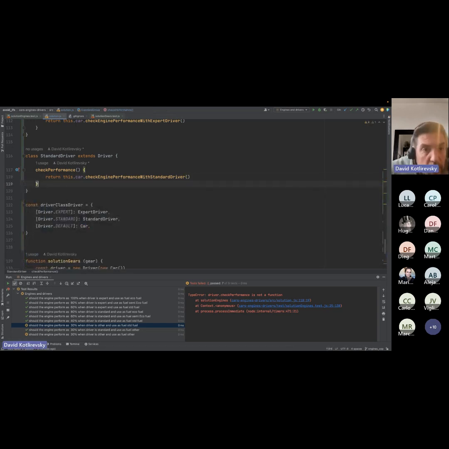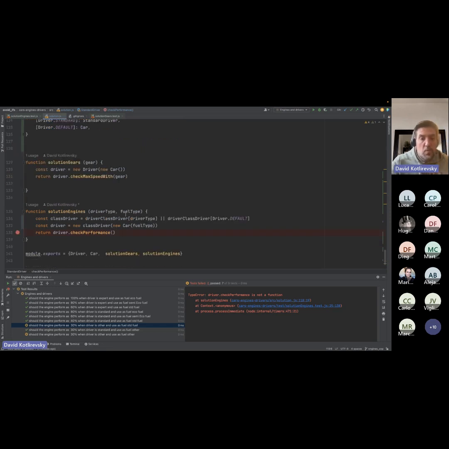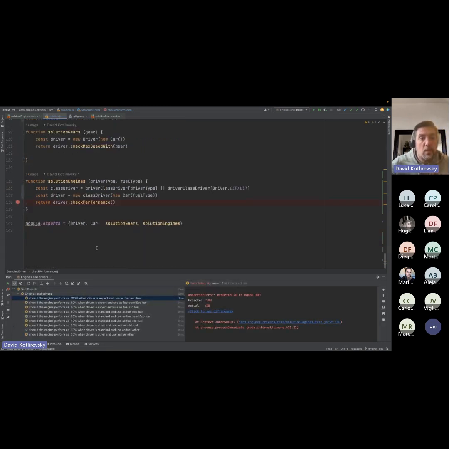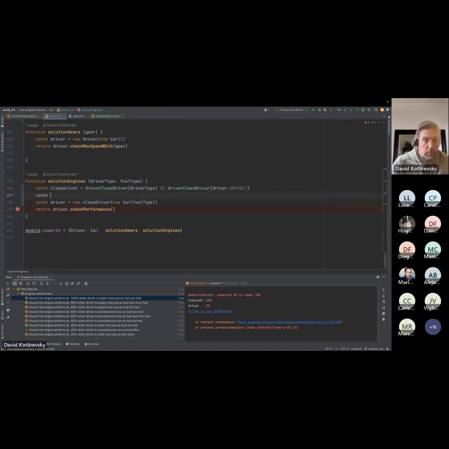Okay, but this is still not working because we're still missing the logic to get the correct car, to inject the proper car. We are doing some kind of inversion of control because we are creating the proper class based on some strategy, and then we are injecting it into the proper object that we need to work with, and we are creating proper objects. So I create our class